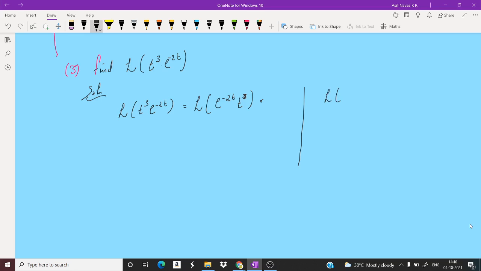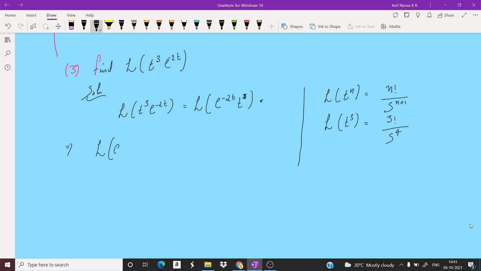we know that L of t raised to n is equal to n factorial divided by s raised to n plus 1. So from the table, we will get L of t raised to n is n factorial divided by s raised to n plus 1. Then L of t cube is equal to 3 factorial divided by s raised to 4. Okay. Now,